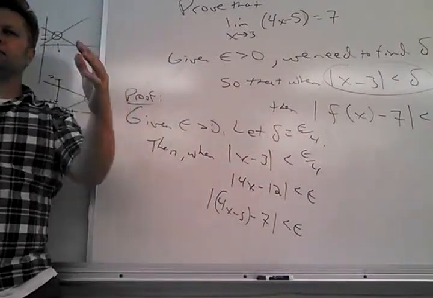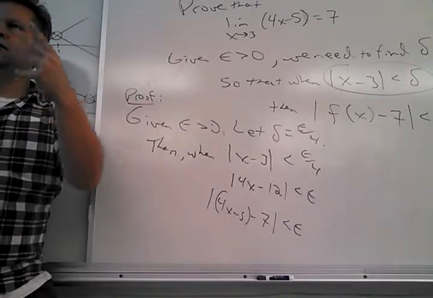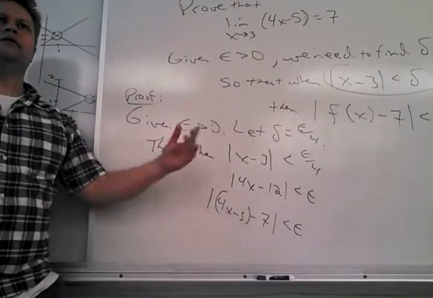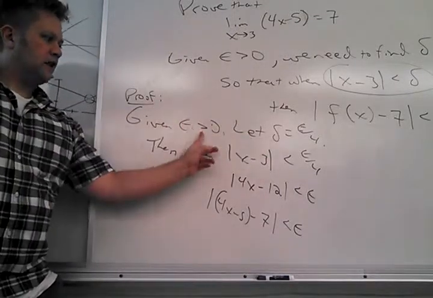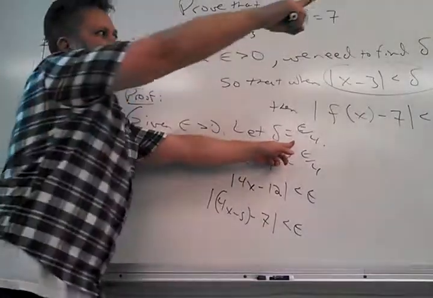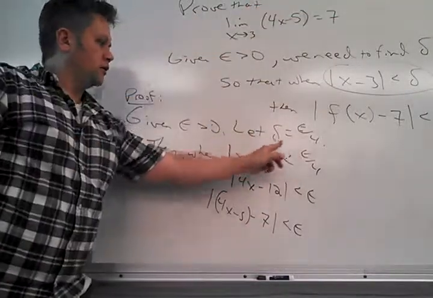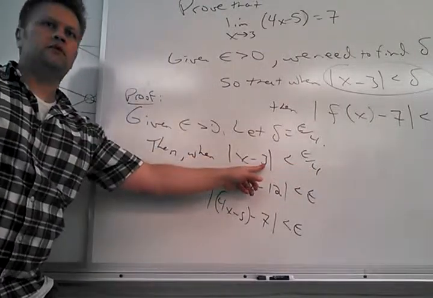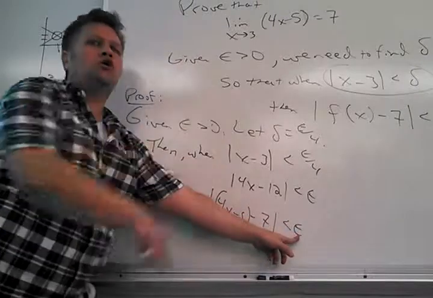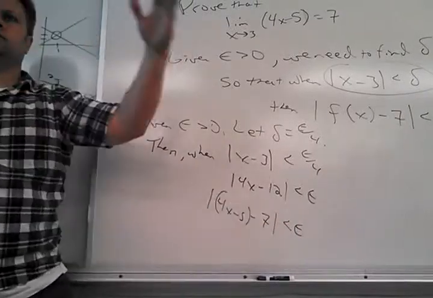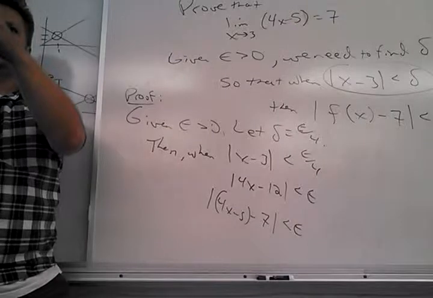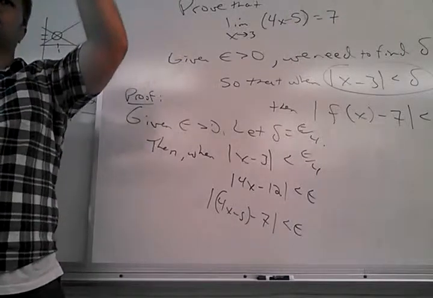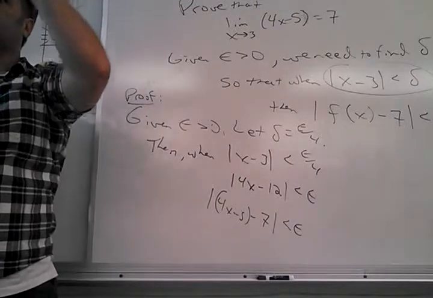Again, some of you are like, I missed the magic trick. I didn't see the rabbit come out of the hat. I just see a hat sitting there. What happened? The whole point is, if somebody gives me an epsilon, I know what to make delta because I did the little side work, so that when I'm this close to 3 for my inputs, my output is as close as they told me it should be to 7. Arbitrarily close. That means that the dot is in the right place. It's not offset. I can always stay within the green lines, no matter how close together they make the green lines.